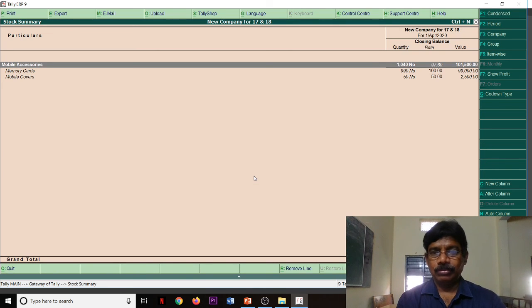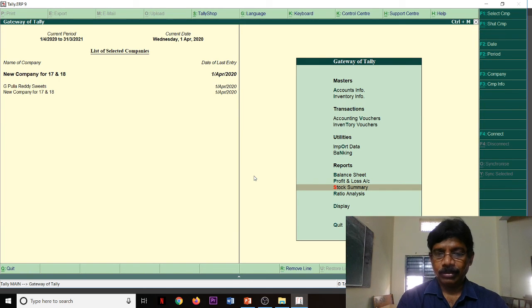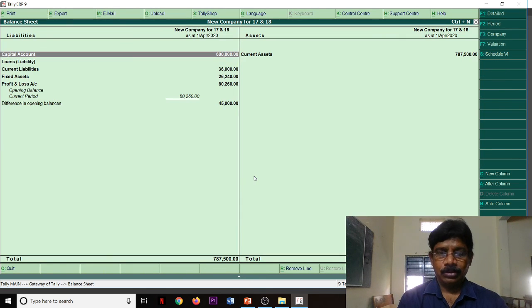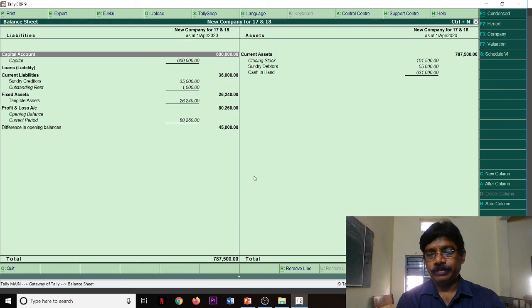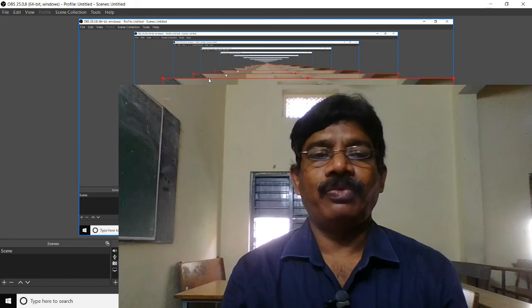Alt F1. What are the stocks available? Okay, its value. Also balance sheet, any information, that is regarding function keys F1 to F9.